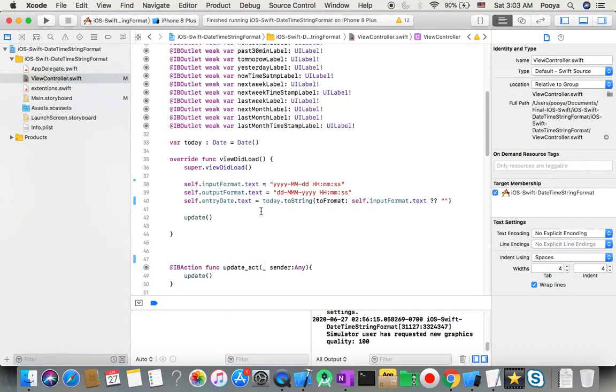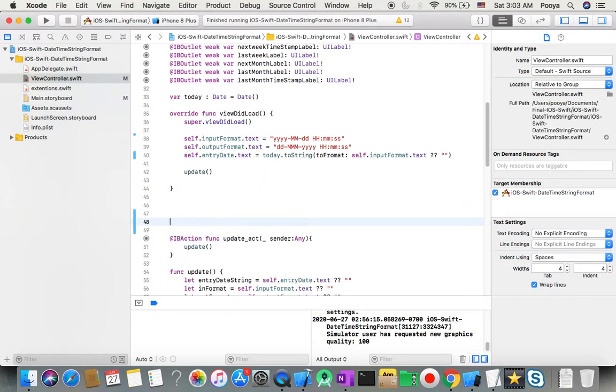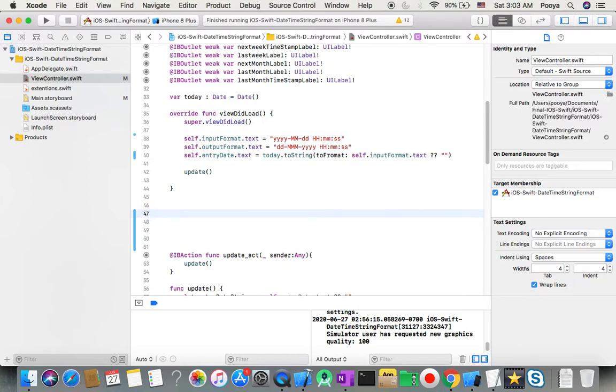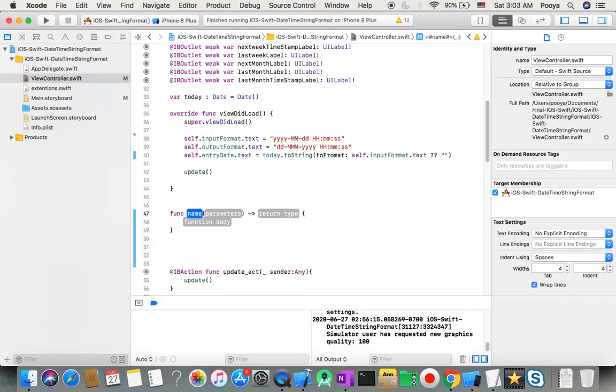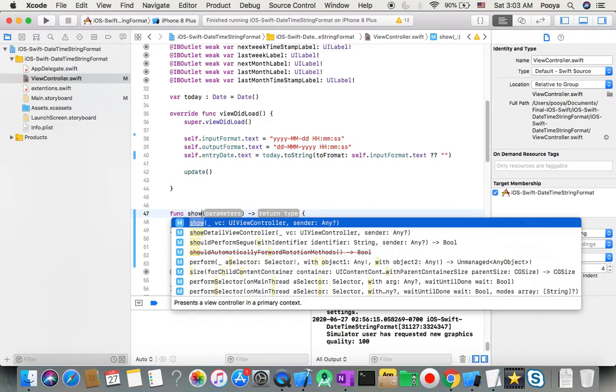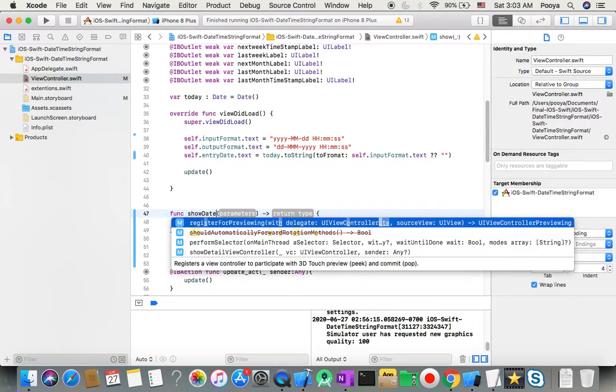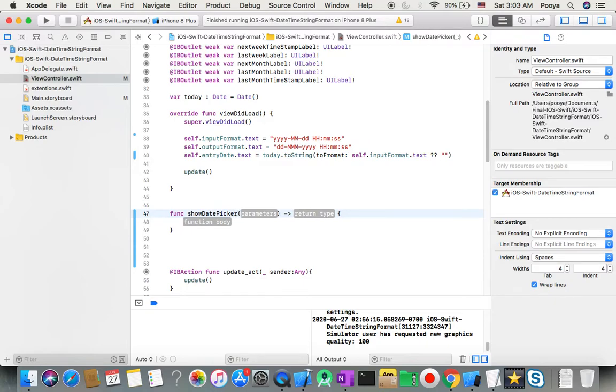Then I will come and add some functions here. The first one, I name it showDatePicker. This one is not going to take any parameter and not return anything, but inside that,